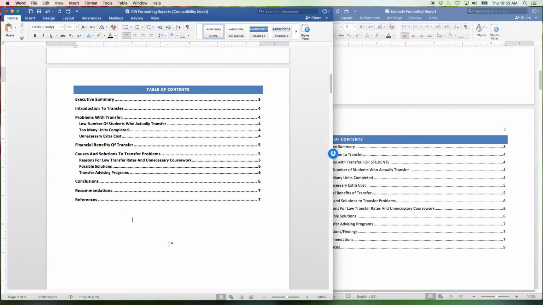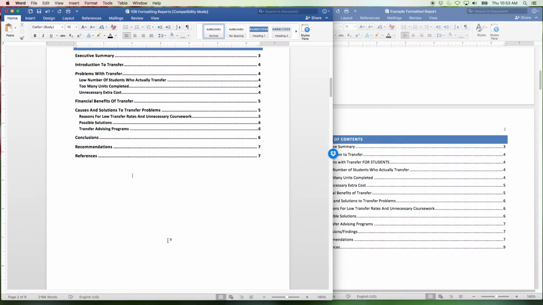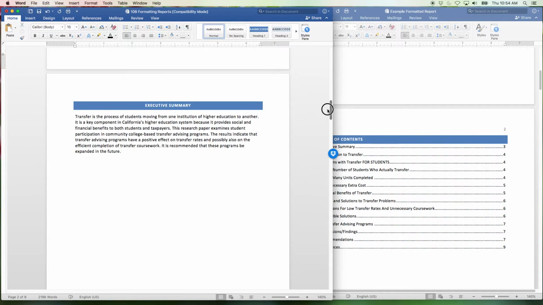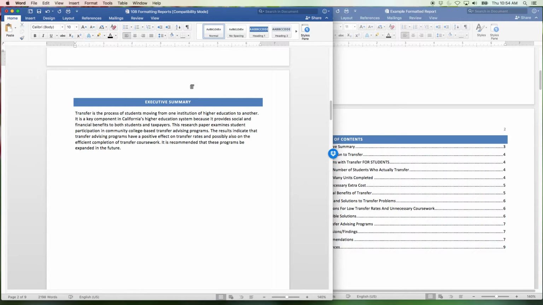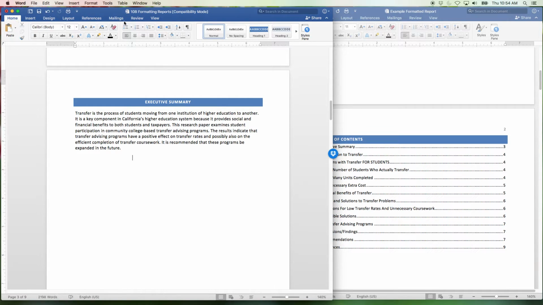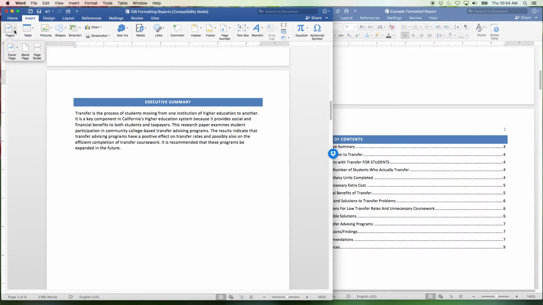One last thing we want to do is to add the page numbers to the pages themselves, because while a table of contents is great and will tell you where you can find each component of your report, if there's no page number at the bottom or the top of your document, you won't know how to double check. So one way to do it, and I can just start here on the executive summary, is if you double click here, it will open into the header. Alternatively, you could have gone to Insert and, let's see, under Header,